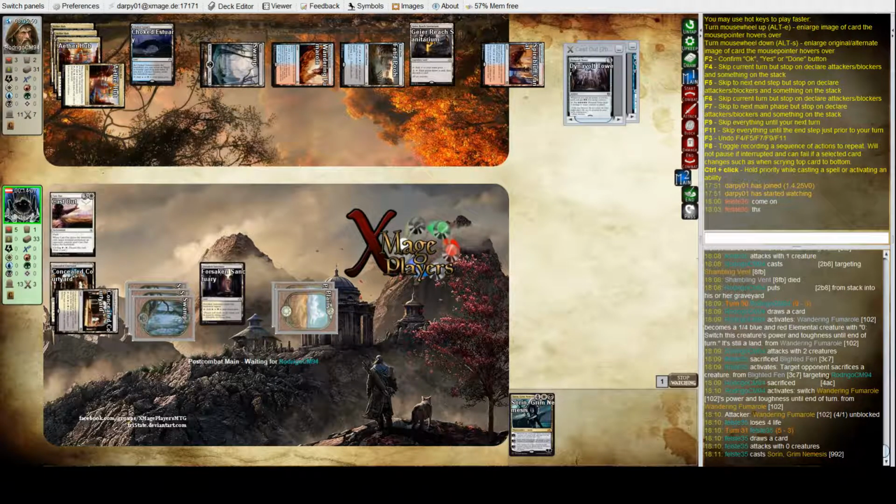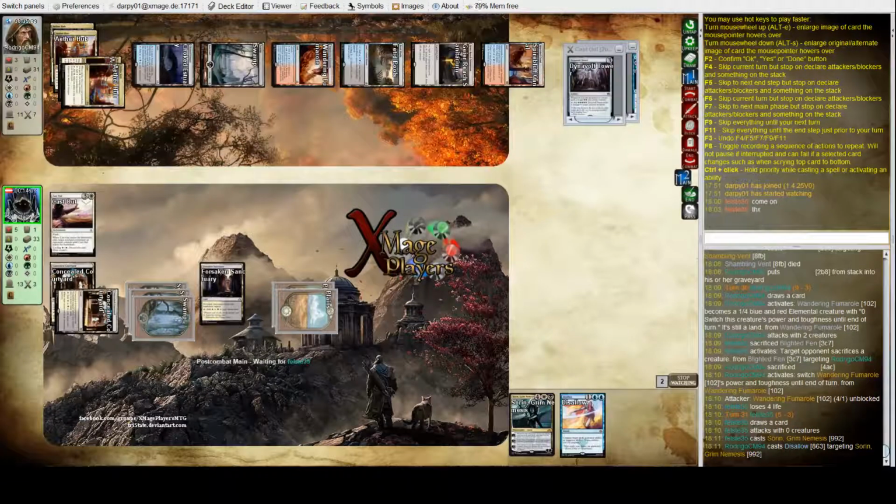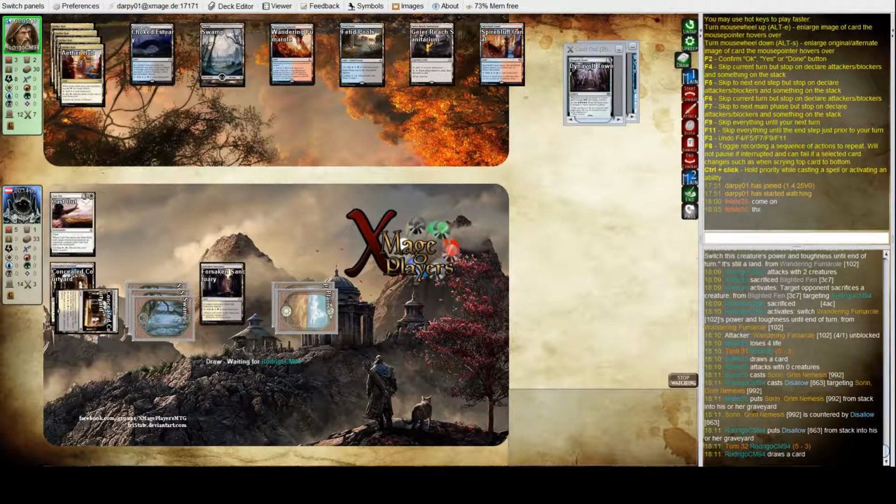So it's a Gearhulk and 1 other card. Does he have a counter spell here, Rodrigo? Otherwise he could be dead right now. He has a counter spell. It's Disallow. He seems to have the answer every time. So last card in hand is a Torrential Gearhulk with